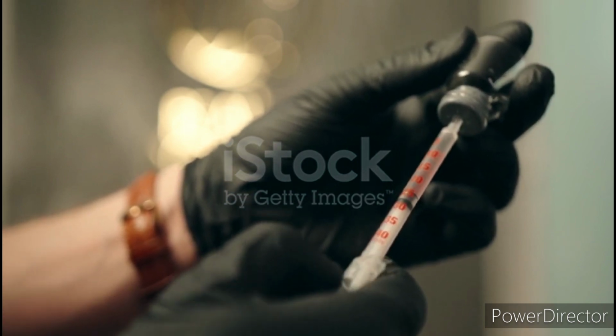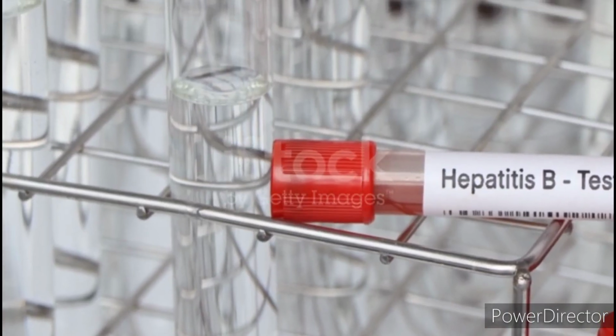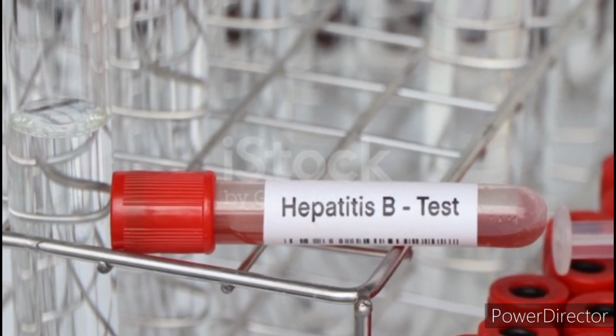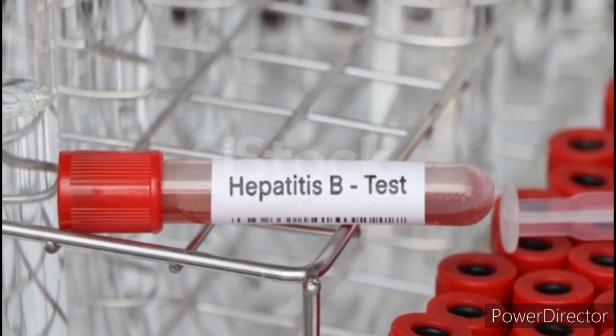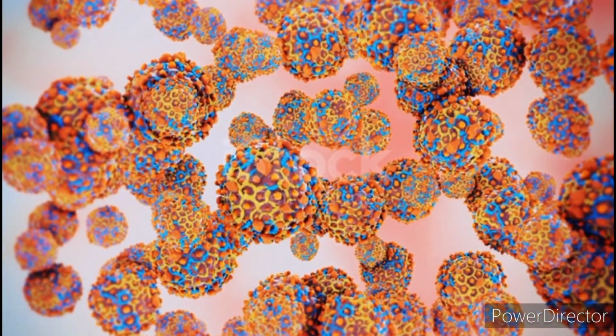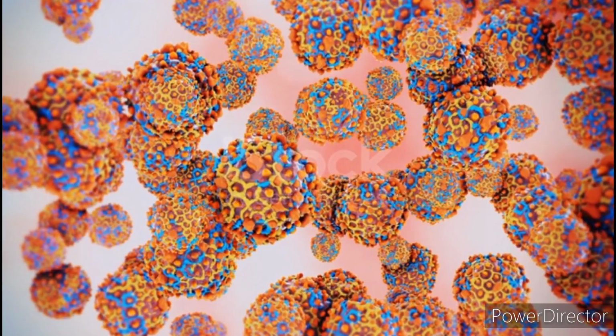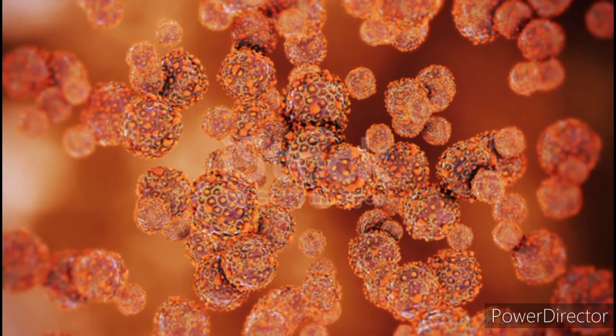Symptoms of hepatitis B can appear anywhere from 3 to 180 days after exposure to the virus. In some cases, symptoms may be mild or go away on their own within a few weeks. However, in other cases, the virus can cause chronic infection, which can lead to liver damage, liver cancer, or other